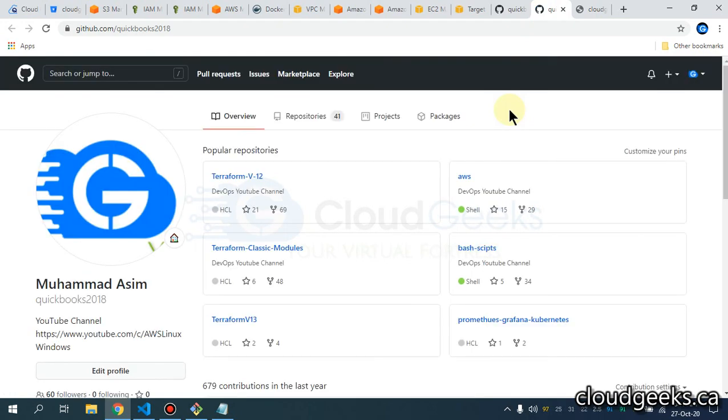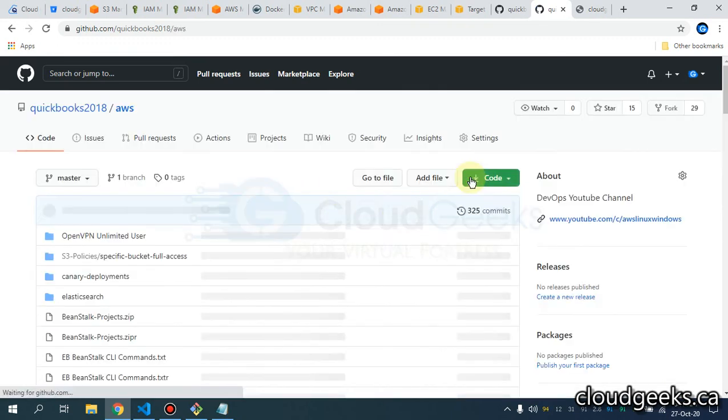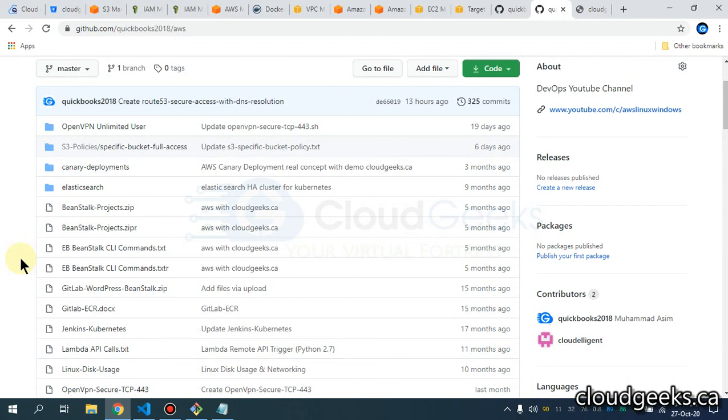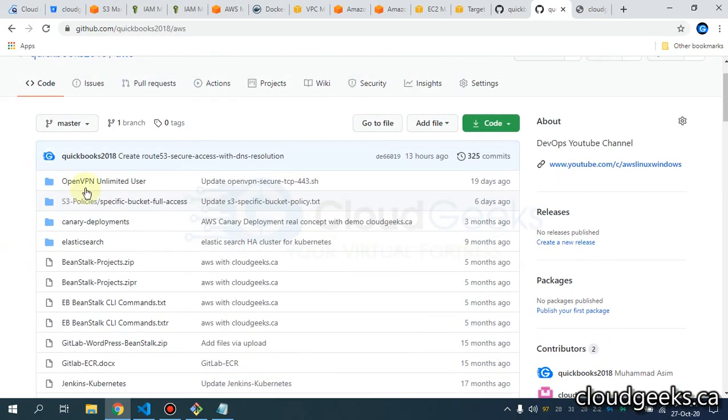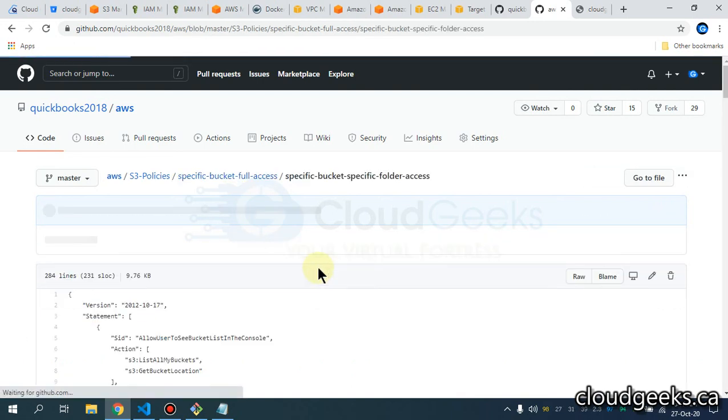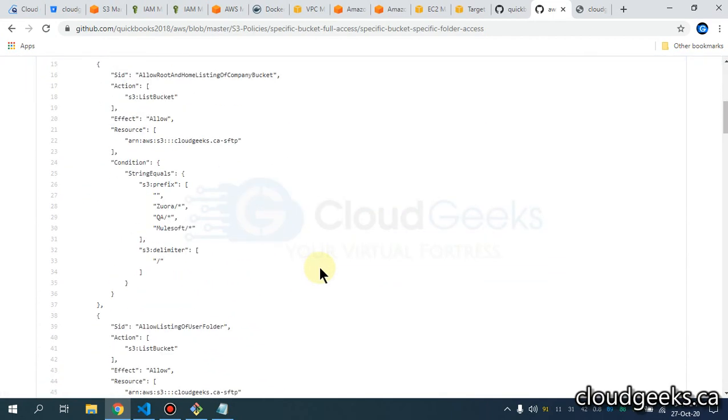In that, I've set up custom repositories relevant to my AWS, and let me just open it. Okay, S3 policies, specific bucket policies. So if you click here,